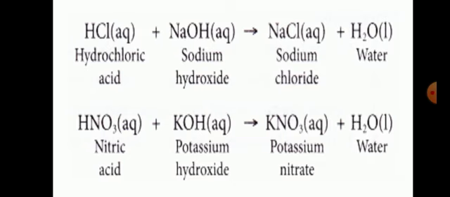So here also you can clearly observe that an acid reacts with your base to form the salt, and it forms the water also, as well as heat is also evolved or released here, hence this is an exothermic reaction. Fine. So your neutralization reaction is an exothermic reaction, and this type of neutralization reaction is basically your DD reaction, that is your double displacement reaction. So I guess you all understood the examples as well as the definition of your neutralization reaction, which is your second main type of your DD reaction, that is your double displacement reaction.